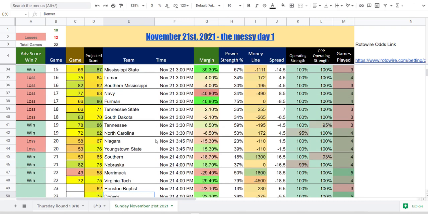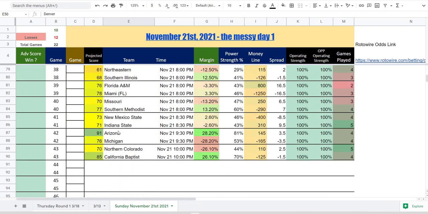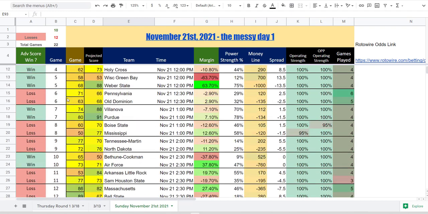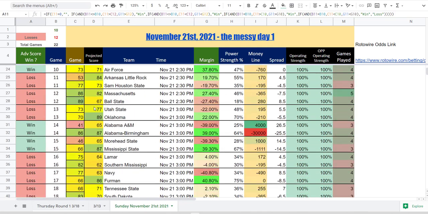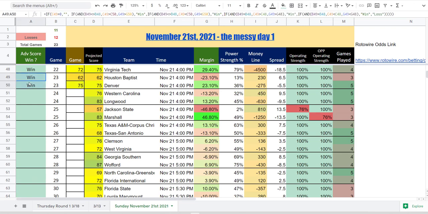But you guys can not only catch errors but also add to this. If some games aren't in there yet, we can add them. We can do all kinds of things. And what's great is it also keeps track automatically of the score. If the score happens exactly, it tells you that you won both. Did you win by advantage score? Yeah, right? And so it keeps track of how many wins and losses.